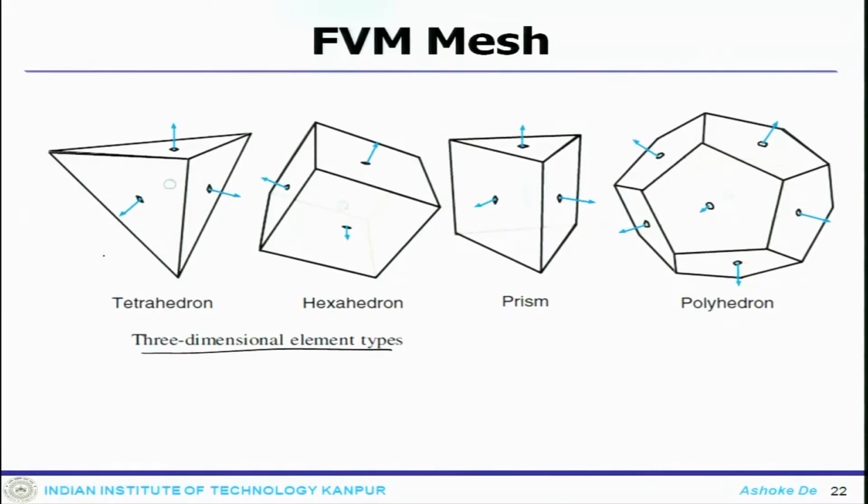But in calculation, as we have seen, when you do the actual calculation, they could be inward also. So this is an example of a tetrahedron, this is an example of a hexahedron, this is an example of a prism element, this is a polyhedral element. All these kinds of elements are very handy while generating the grid, because depending on the problem, sometimes you use tetra, sometimes you use hexa, sometimes you use prism. So, all different kinds of elements one can use.